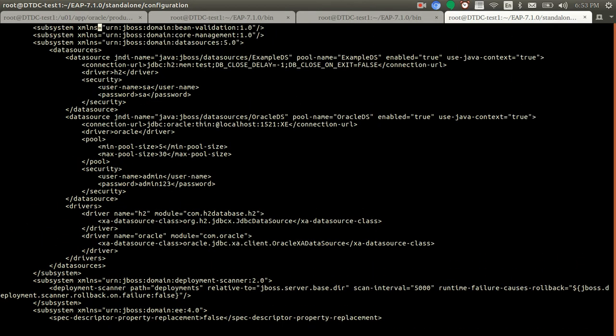So if you see here exactly, we created a data source with JNDI Oracle DS. This is a similar structure to what we followed above, and the pool name you can give it, and this is enabled by default. I am trying to enable it, and here this